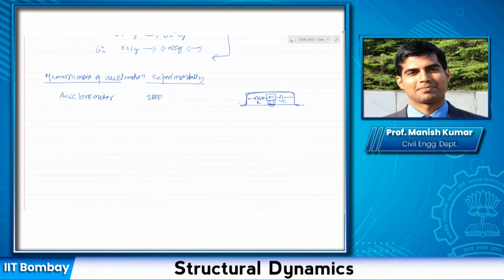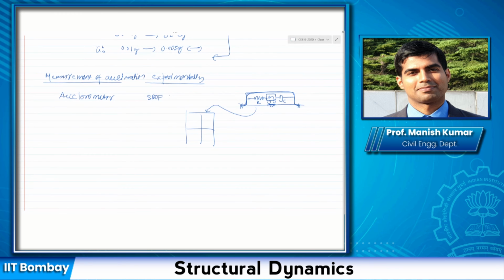What happens if you want to measure acceleration at the top of any system or structure? You basically attach this rigidly. So this framing is rigid, inside the system is flexible. You take this and attach it to the point for which you want to measure the acceleration. This is the basic concept behind the accelerometer, and let us see how we do that.